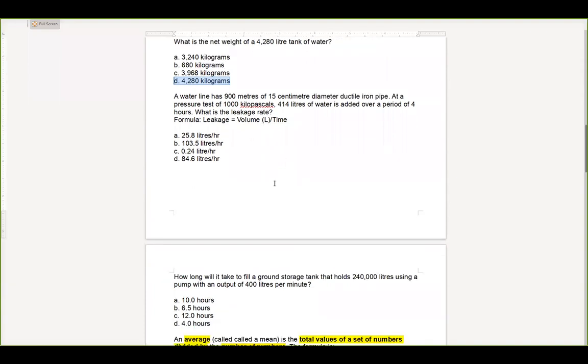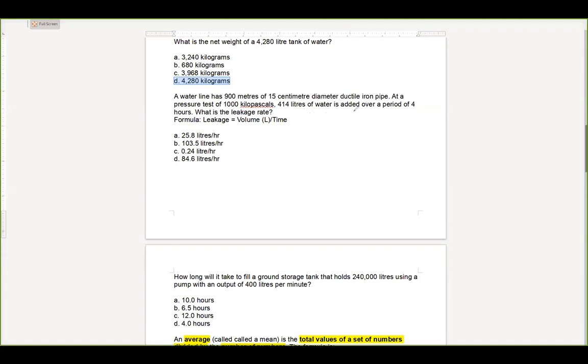A water line has 900 meters of 15 centimeter diameter ductile iron pipe. At a pressure test of 1,000 kilopascals, 414 liters of water is added over a period of 4 hours. What is the leakage rate? So what we're going to do is figure out what the leakage rate is. And I'm going to use some of my tools here to write. So a water line has,